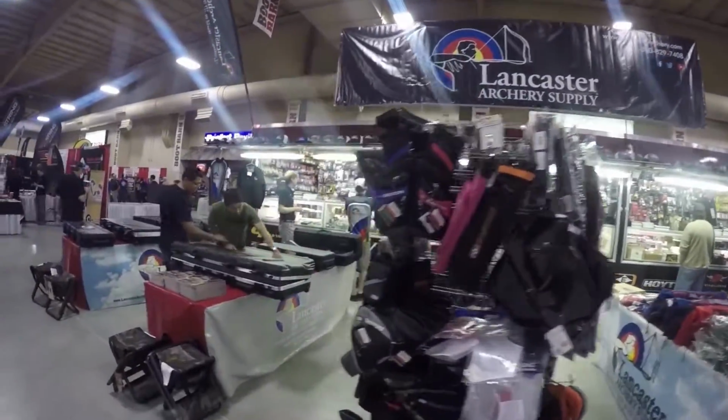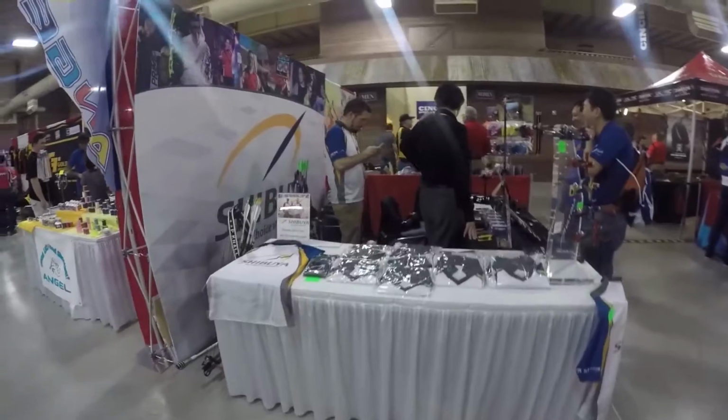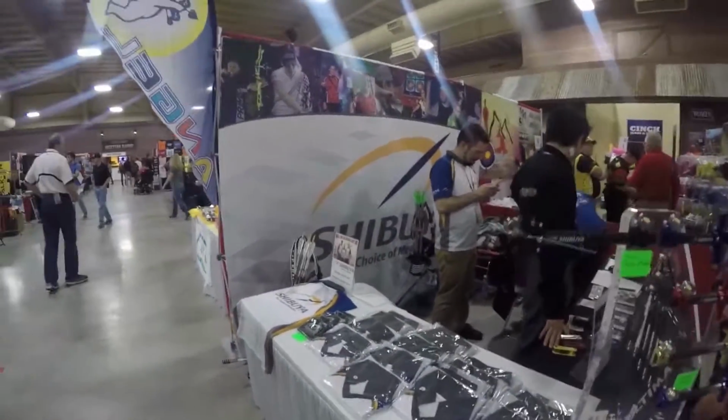The really cool part is that they pretty much carry all the stuff you could ever need on your bow at the tournament. So you need nocks, you need vanes, they have you covered. Here is Shibuya,